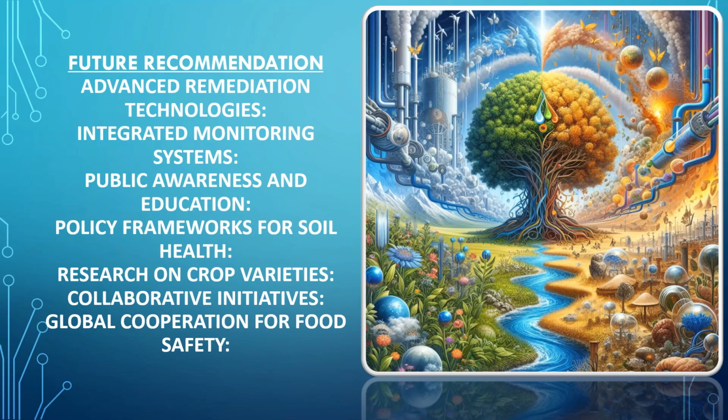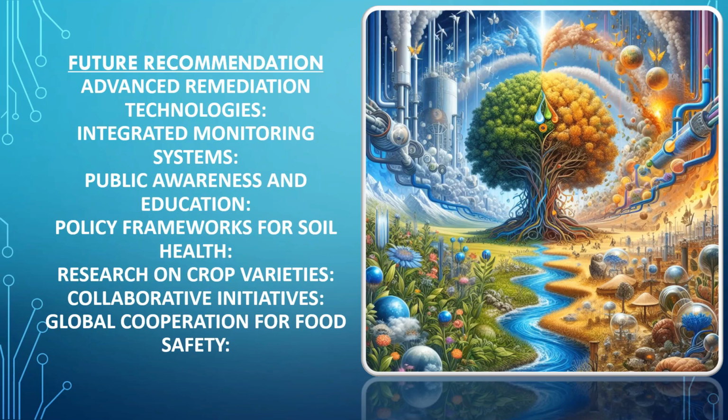practices. Research on crop varieties. Conduct research to develop crop varieties with enhanced resistance or tolerance to heavy metal stress, contributing to reduced uptake and enhanced overall agricultural productivity. Collaborative initiatives. Foster collaborative initiatives among researchers, farmers, government agencies, and industry stakeholders to implement and scale up effective heavy metal mitigation